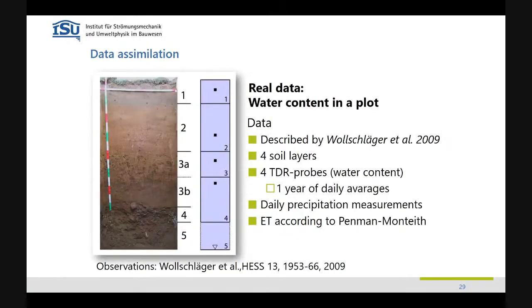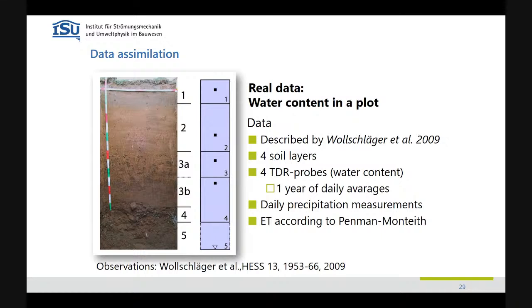And I would like to show now one example. I should say this is the only example I'm going to show with real data. Everything else I'm going to show, because we're looking into the question of uncertainty and everything, is all toy problems in the computer. I mean, we also work with data, but I'm not going to show it. Here is the only thing where I show real data. So we had observations from a group in Heidelberg who had a plot instrumented. They had 4 of these TDR probes. And over a year, we had measurements. And they also had measurements for the rainfall and everything. So we also had the boundary conditions.